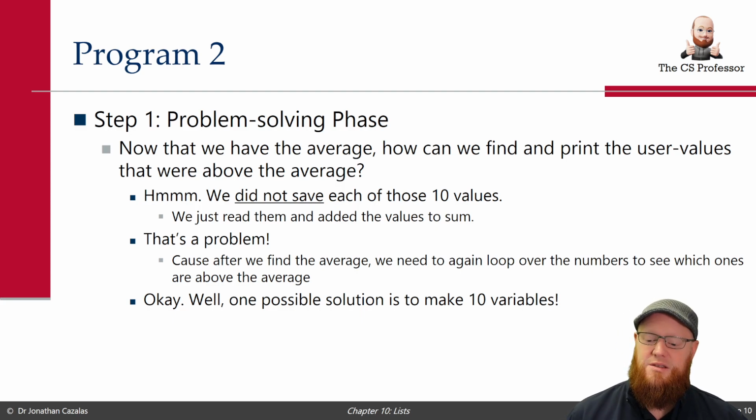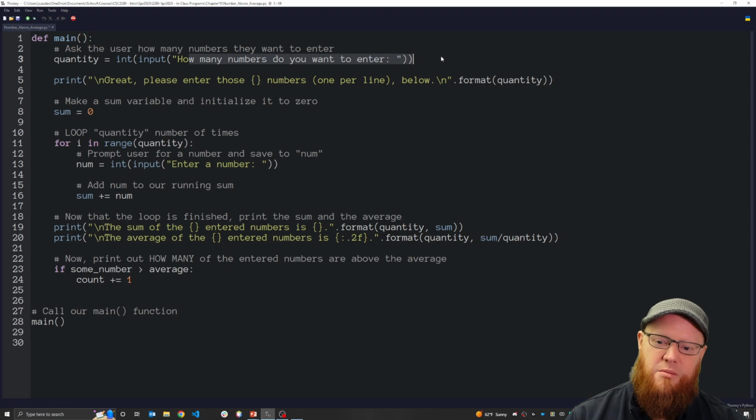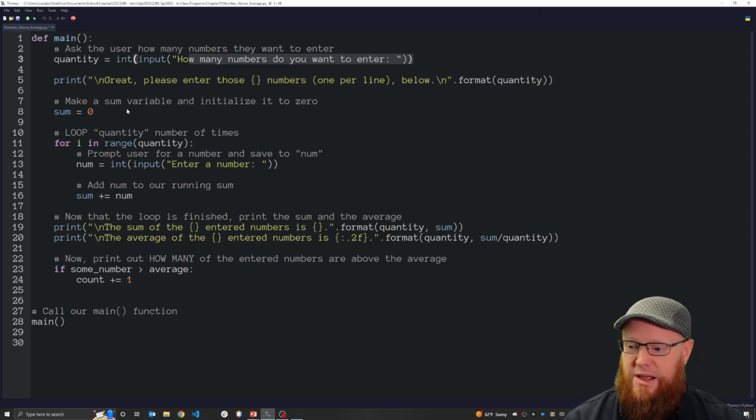So a cheesy solution would be, well, let's make 10 variables. If the user entered 10, we would make 10 variables, but we'd have to know how many they're going to enter. We could just ask them, enter exactly 10 numbers. We won't use a loop. We would just do this. Forget this whole question of how many numbers do you want to enter. Let's pretend they're only going to enter 10. We could have done this. It would be trash, but we could have said